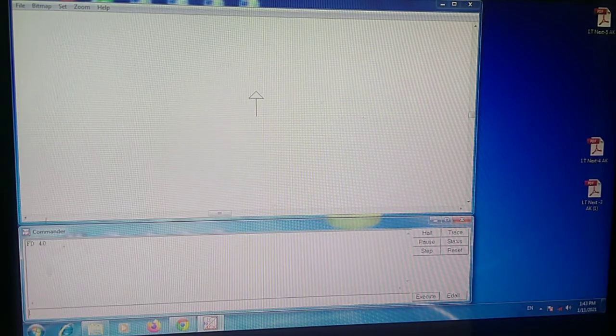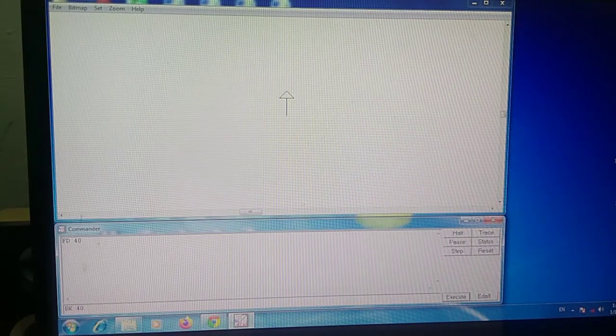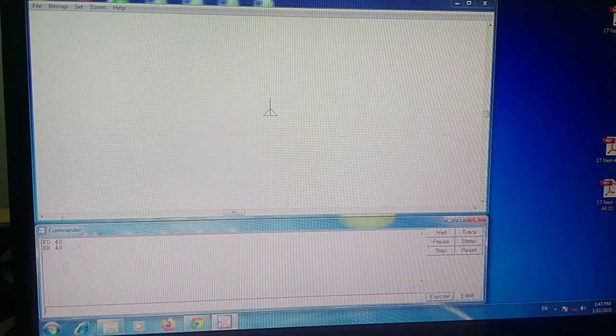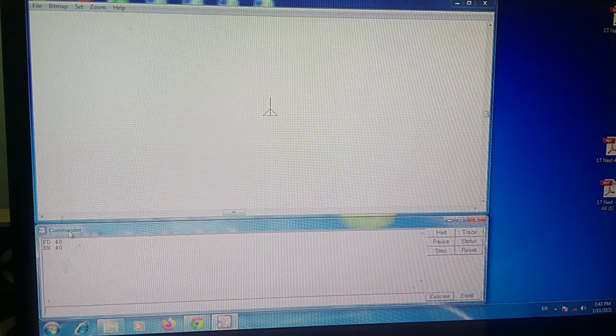After that, enter. See, the Logo turtle has been moved. FD 40. After that, if you want to take it back, BK space 40, then enter. The turtle is in the backward direction. First command is FD 40, second command is BK 40.